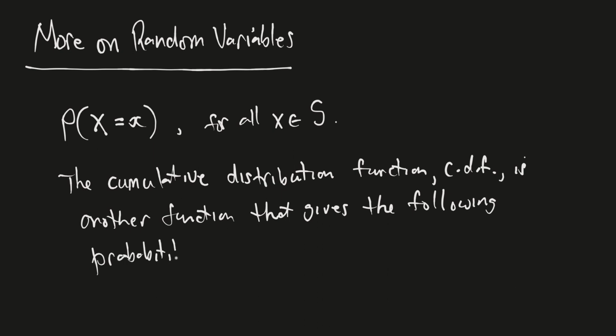So what other probabilities are there? Well, it's not that there are other probabilities, but instead of asking the question, what is the probability that a random variable is equal to a number, the CDF asks the question, what is the probability that our random variable is less than or equal to a particular number,